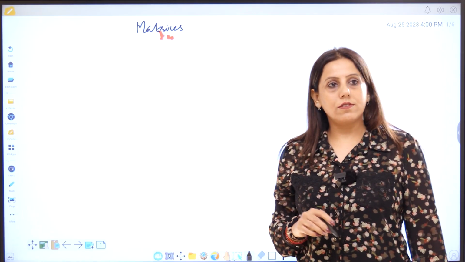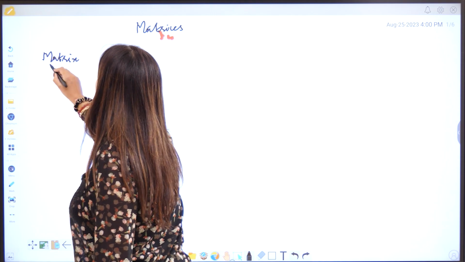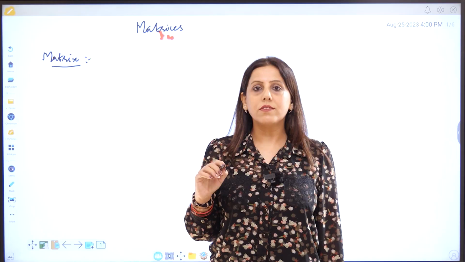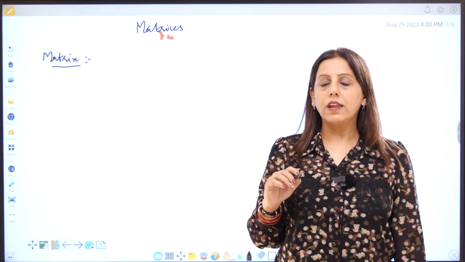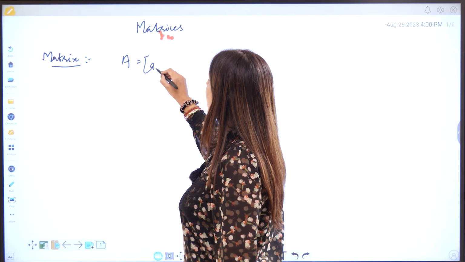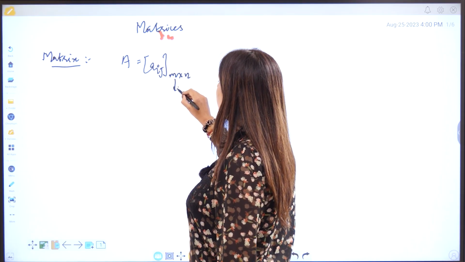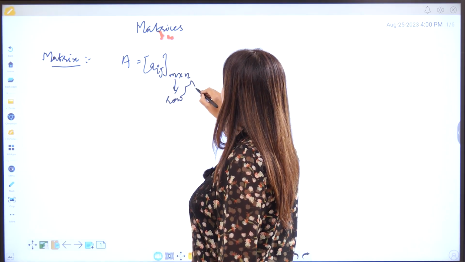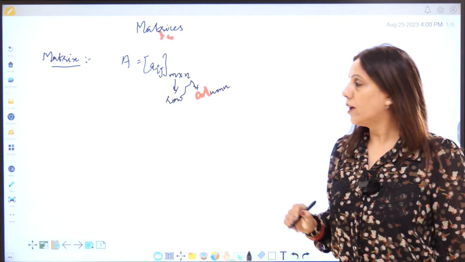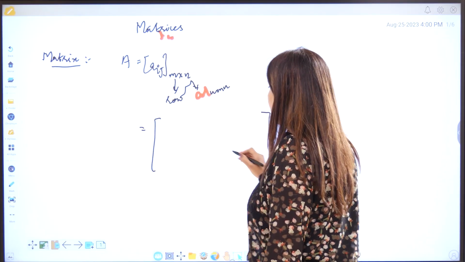What is a matrix? First of all, you all have to know what a matrix is. A matrix is a systematic arrangement of mn elements along rows and columns in a rectangular form. It can be denoted as A = [aij] m × n. What is m? That is the row. What is n? That is the column, right? It can also be denoted in an enclosed bracket, that is